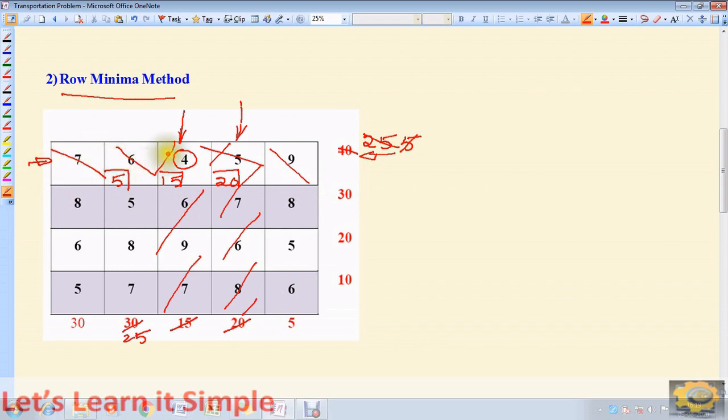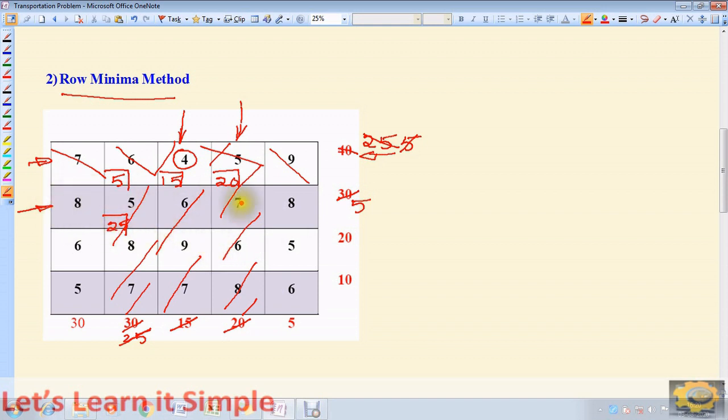After cutting off the first row, let us go to the second row. Now in the second row, we have costs 8, 5 and 8 again. So the least cost is 5, which means I need to allocate the cell here. Go to that column, we have 25. If you move along that row, we have 30. If we compare 25 with 30, 25 is the least and can be allocated. So this second column vanishes, whereas in the second row, after allocating 25, we are left with 5 here.